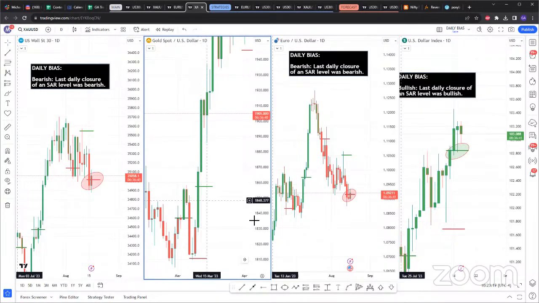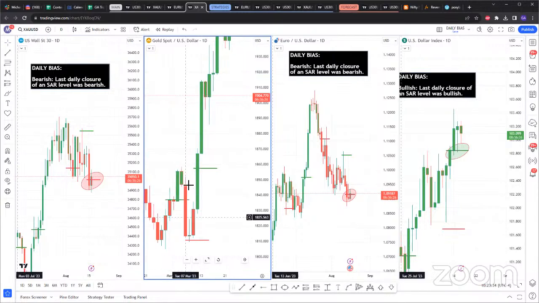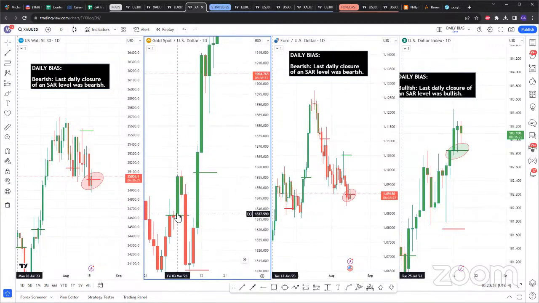Let's think of this one. So if US 30, I'm sorry, this is gold. If gold forms this green SAR, currently where it is, and we get a daily candle closure above it, honestly I'll just be looking for gold for buy entries. And keep in mind, when this daily forms, like in this instance, and I went over this yesterday,